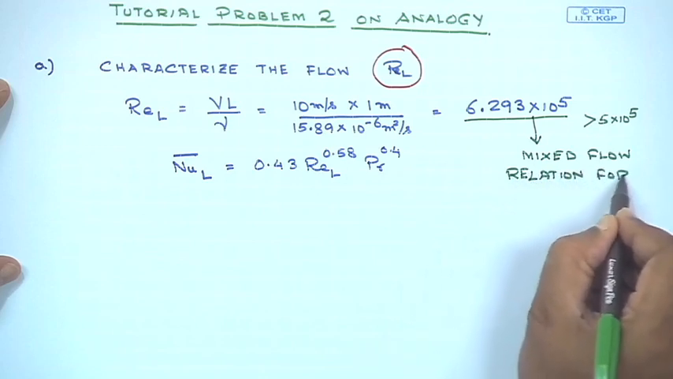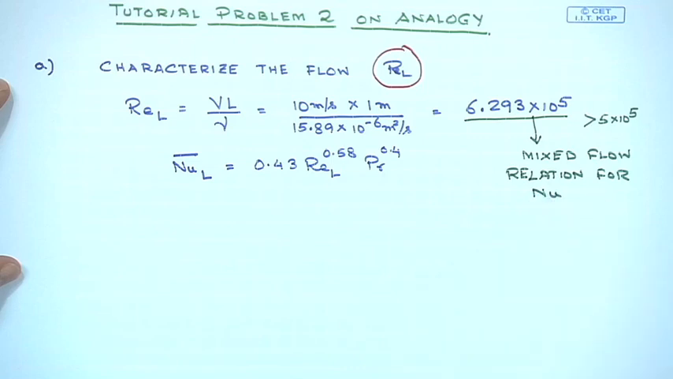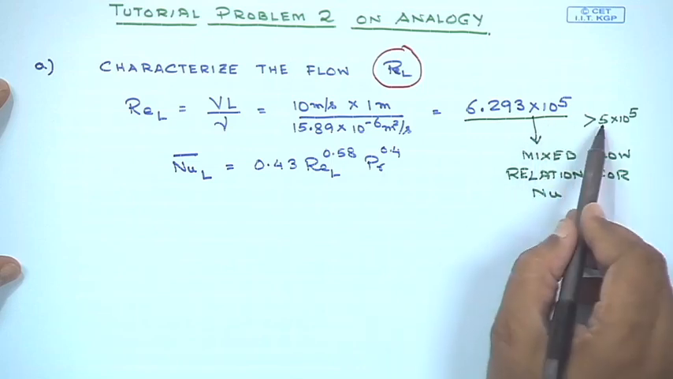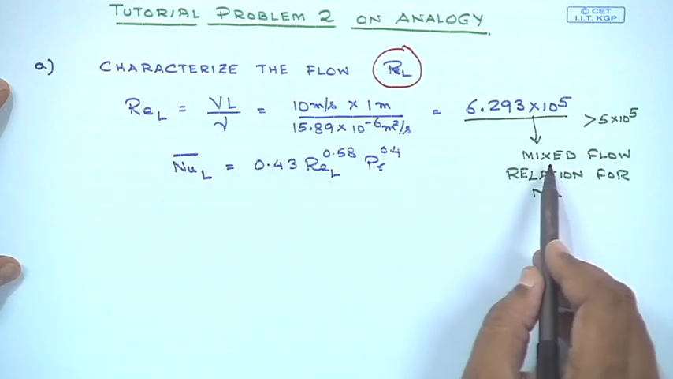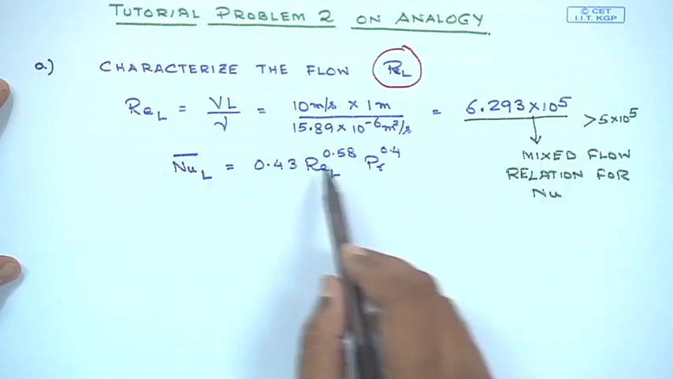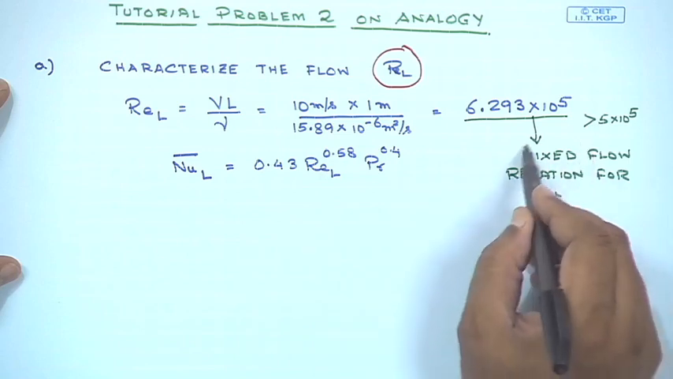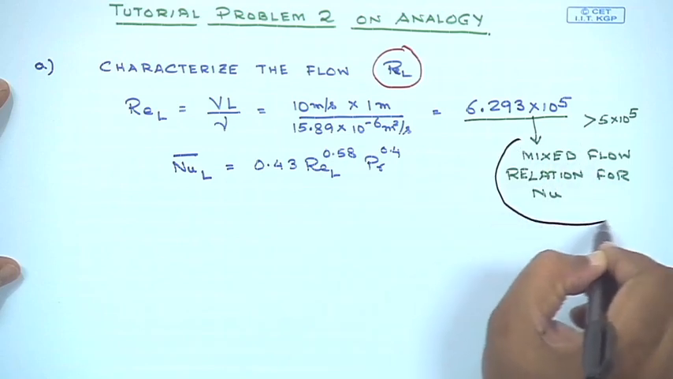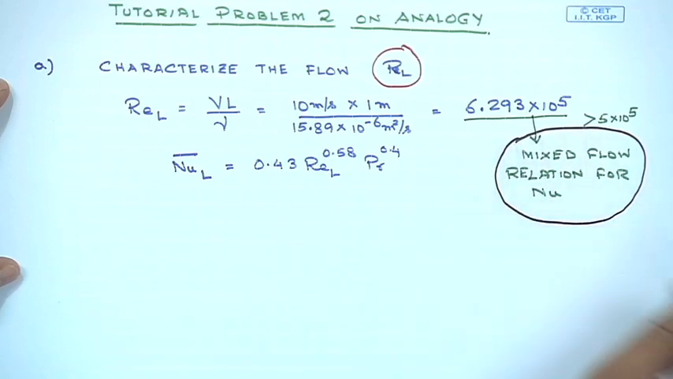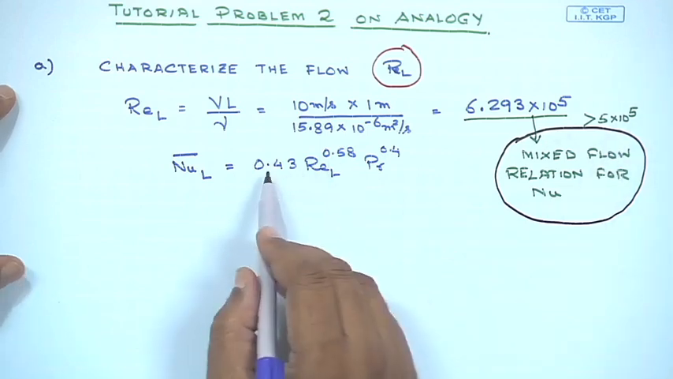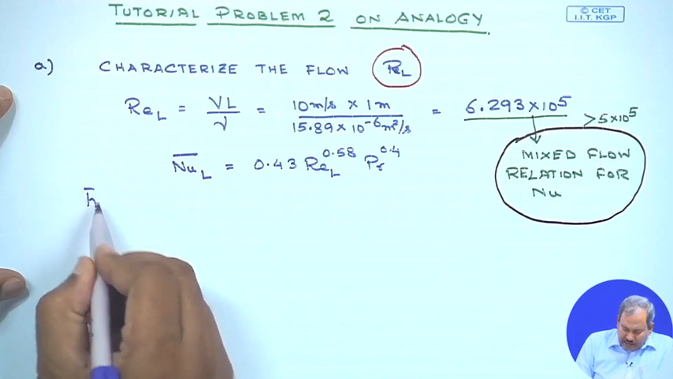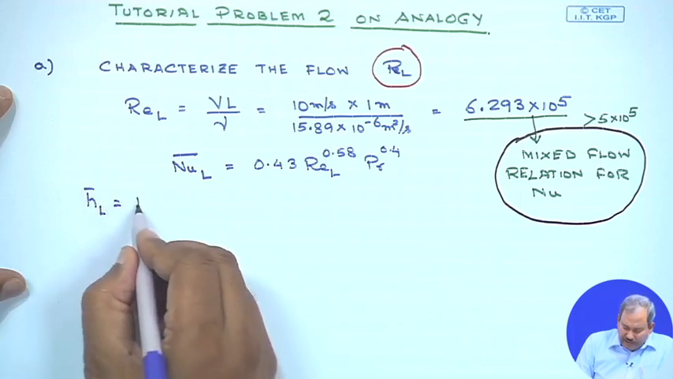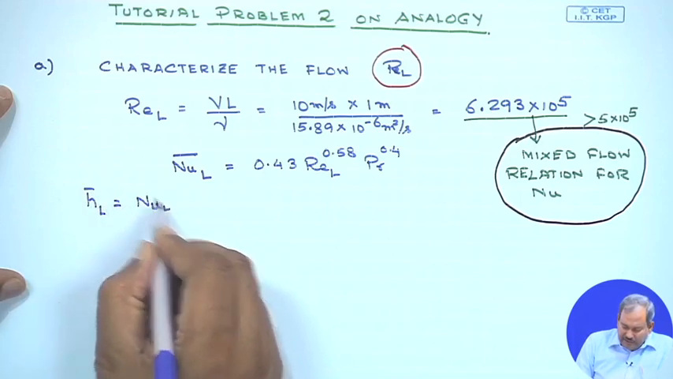for Nusselt number. But since it is greater than 5 into 10 to the power 5, in absence of this relation, I could have used the mixed flow relation for Nusselt number, which we are not doing right now, since a relation for Nusselt number is already provided to us. So, from here the average heat transfer coefficient can be calculated as